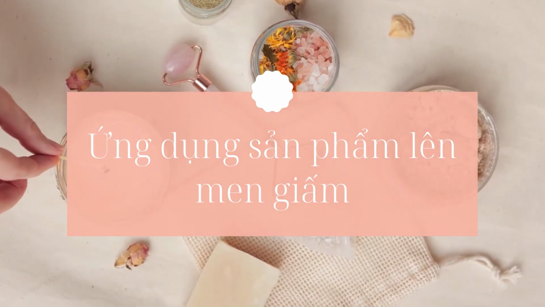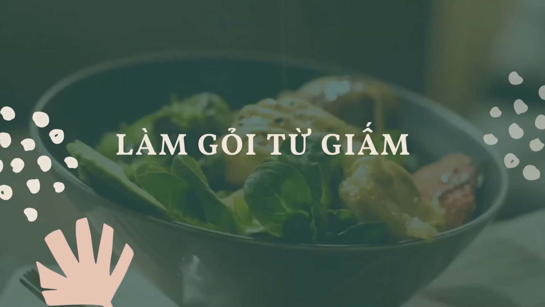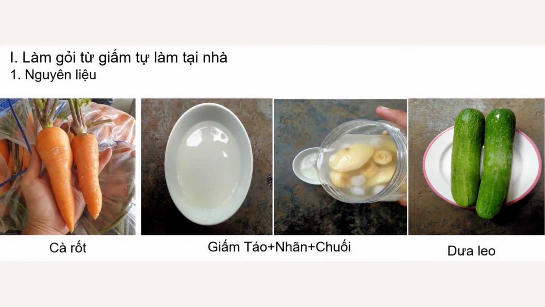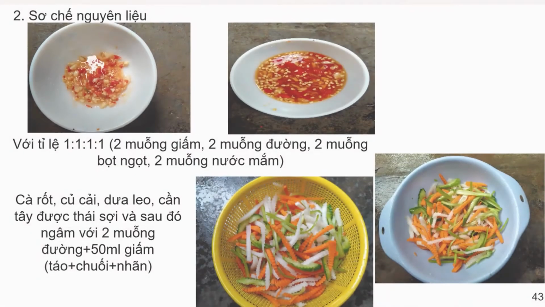Here are the applications of vinegar that I made. The first is to make a homemade vinegar salad. Step 1. Ingredients include carrot, cucumber, vinegar, apple, banana, longan, white radish, sugar, monosodium glutamate, celery, peanuts, herbs, boiled meat. Step 2. Preliminary ingredients. Make salad dressing with ratio